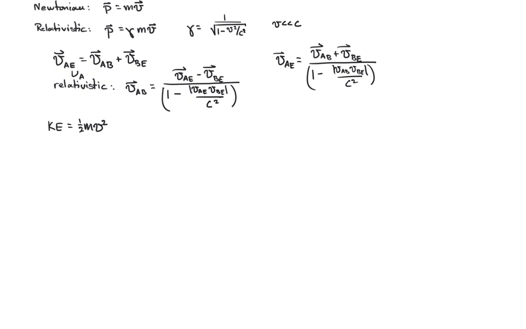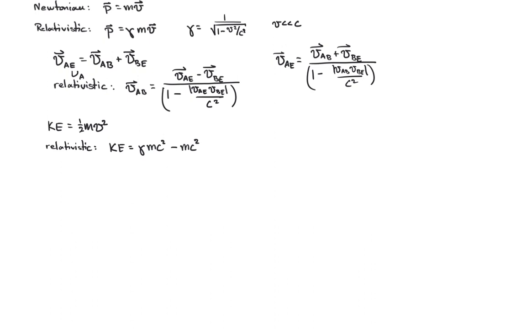But in relativistic mechanics, we need to modify this again. So our relativistic kinetic energy, we're going to write our kinetic energy equation as gamma mc squared minus